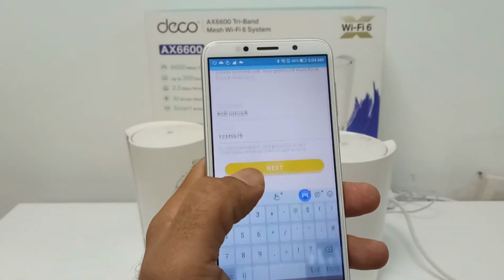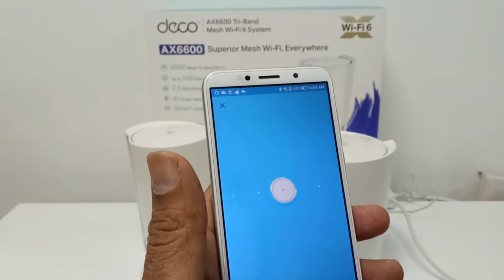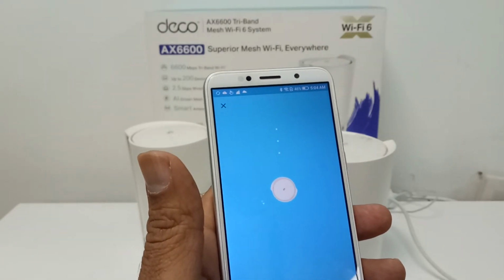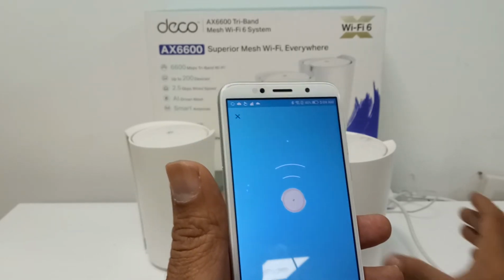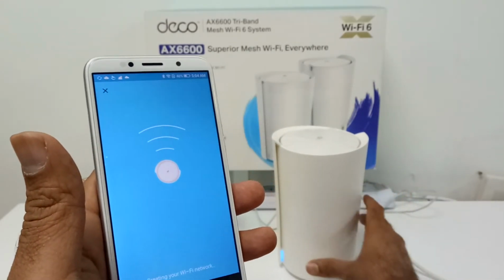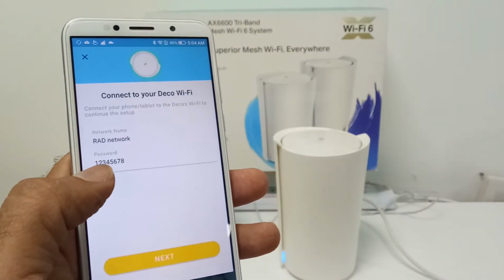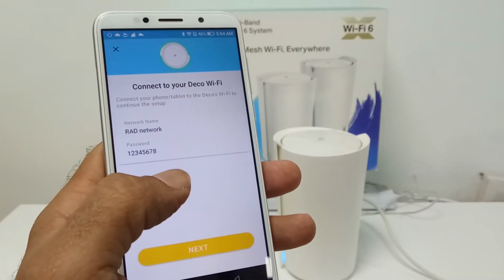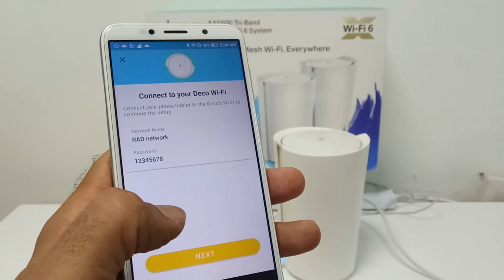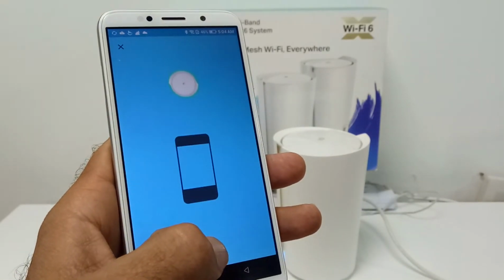There is also HomeShield network security available in the Deco application and Deco X90. Then you press create, and it will show you the wireless network name and password so you can confirm it. After that we press the next button.